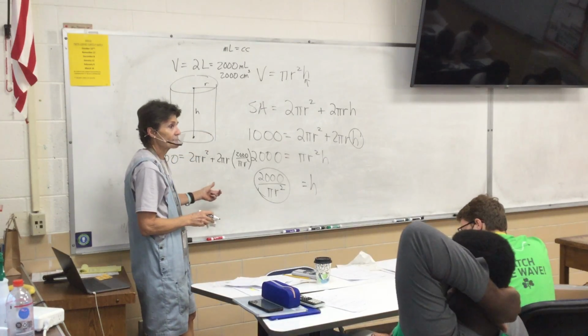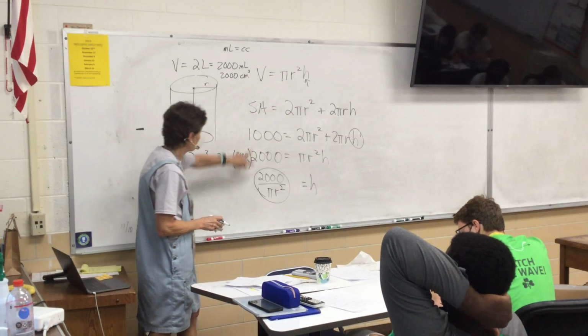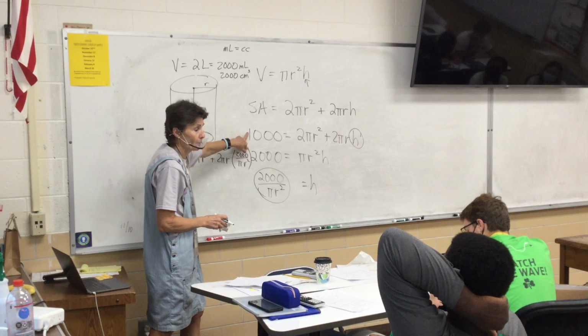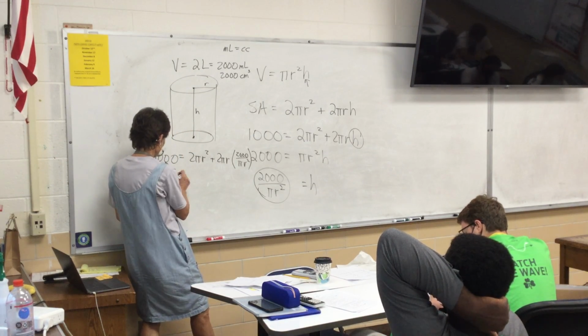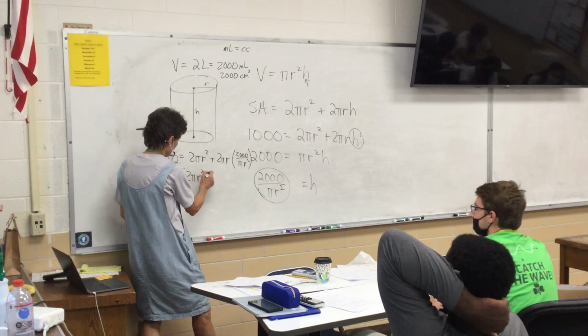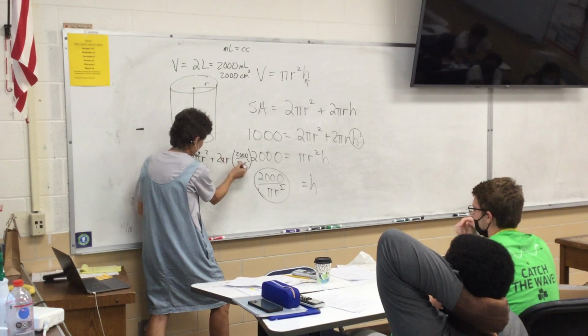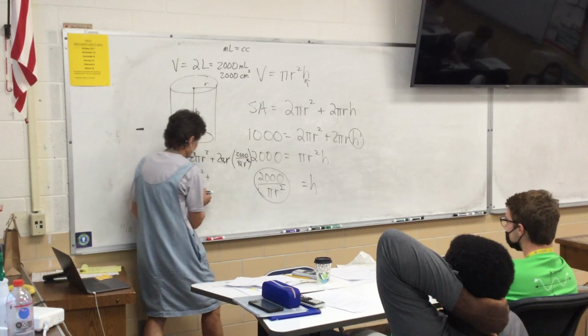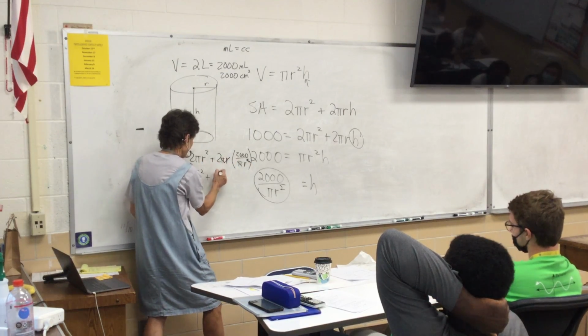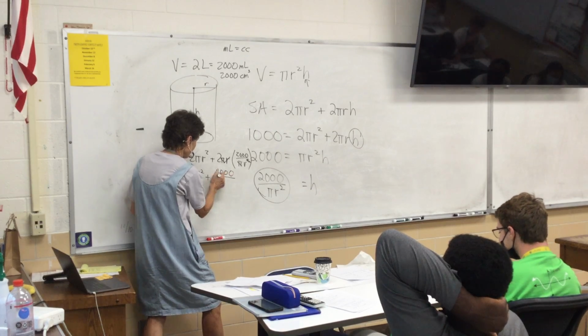So basically I'm doing substitution with this system of equations. So what happens here? Looks like something good's gonna happen. Pi's are gonna cancel. One of the r's is going to cancel, and I can multiply and get 4,000 over